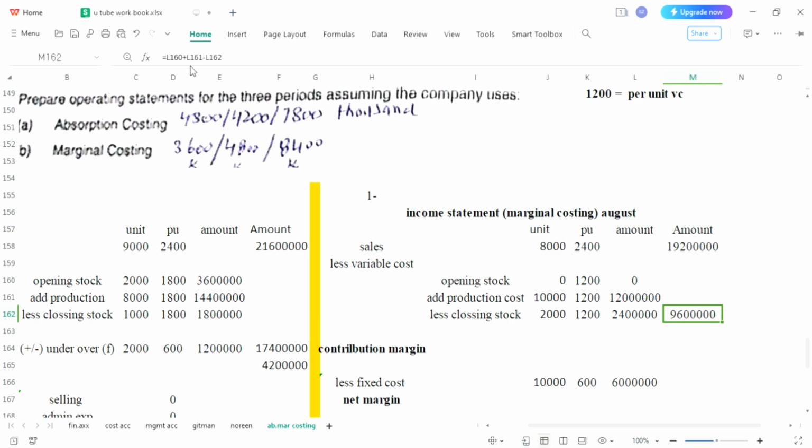Which is actually the difference between variable cost and sales. Amount of sales 1920, and you need to subtract variable cost 9600. This way your contribution margin has been calculated, and you do know that your fixed cost is the same 6 million. Here we are now able to calculate our net margin, which is the difference between fixed cost and contribution margin. There, contribution margin 9600, you will subtract fixed cost